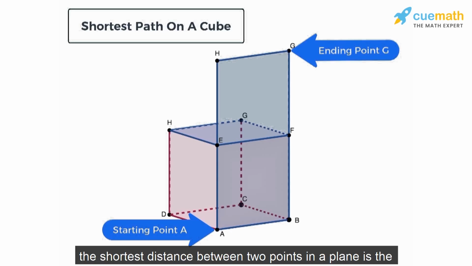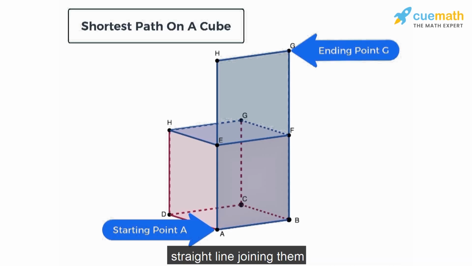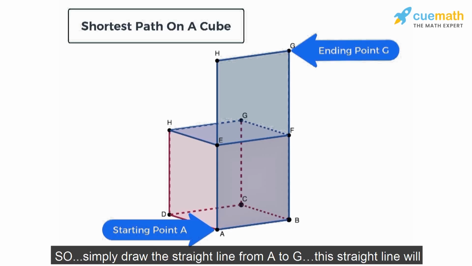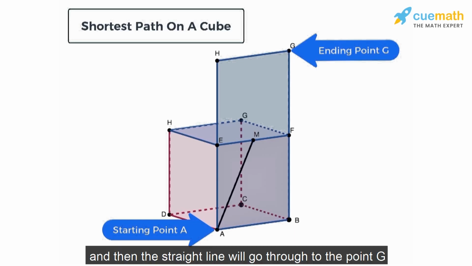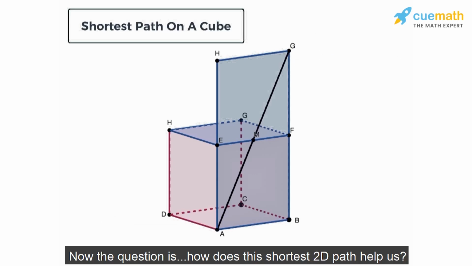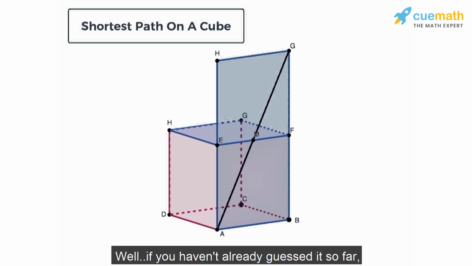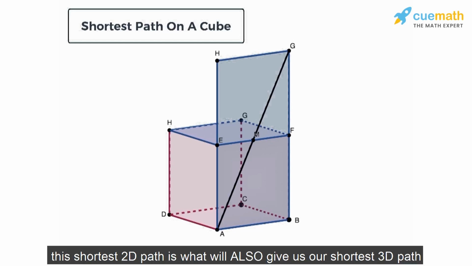The shortest distance between 2 points in a plane is the straight line joining them. So simply draw the straight line from A to G. This straight line will join A to the midpoint M of the edge EF, and then the straight line will go through to the point G. Now the question is, how does this shortest 2D path help us? Well, if you haven't already guessed it so far, this shortest 2D path is what will also give us our